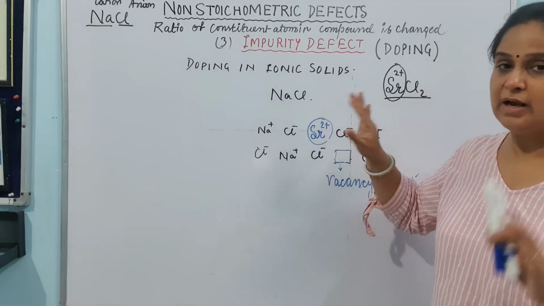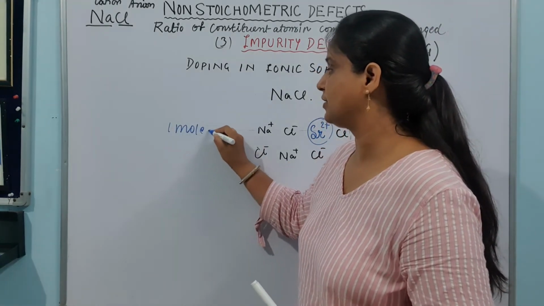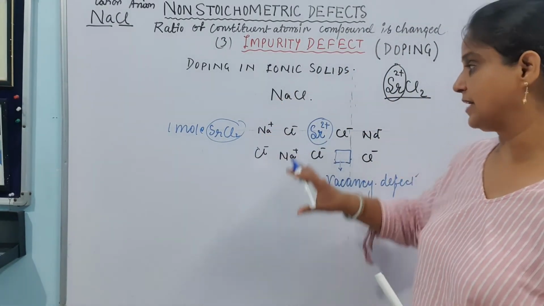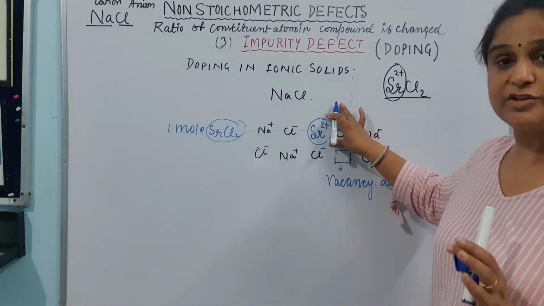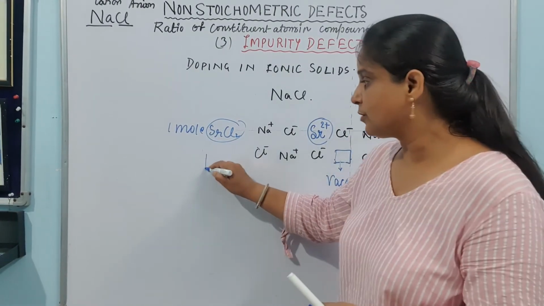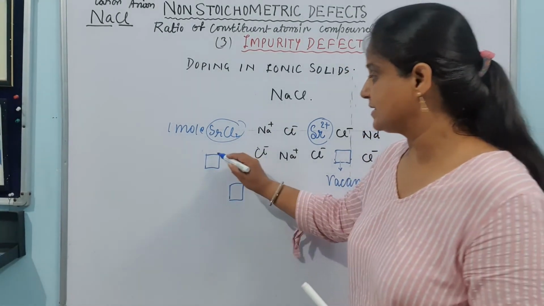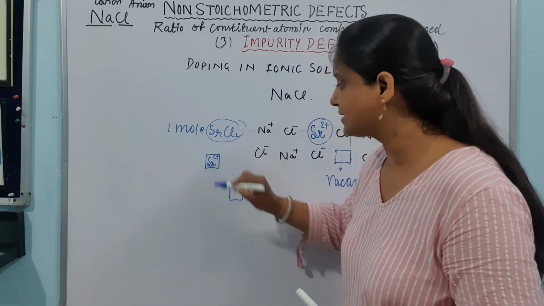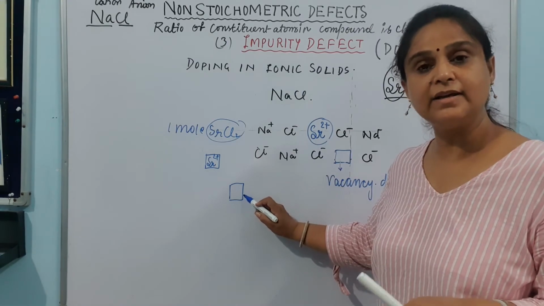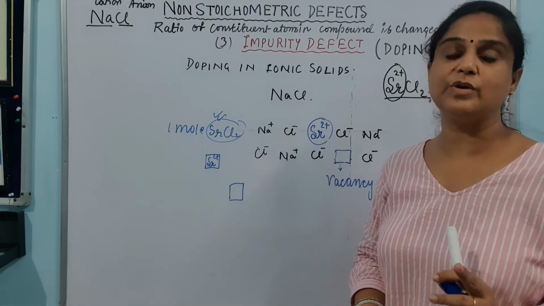And the number of vacancies created will depend upon what impurity we are creating here. अब just now imagine, if I am asking you कि 1 mole SrCl2 I am adding, 1 more SrCl2 का मतलब है कि if I have added 1 more Sr+2 ion, तो कितनी vacancies will be created in that crystal? Obviously 1 more SrCl2 का मतलब है मैंने 2 Na+ हटाए, but उन दोनों में से position of 1 is occupied by the Sr+2 and 1 is left out. So how many vacancies are created?